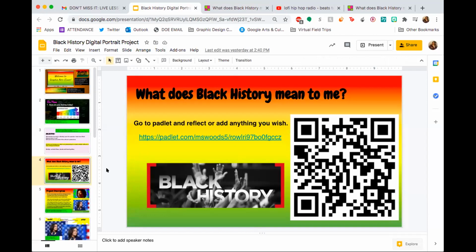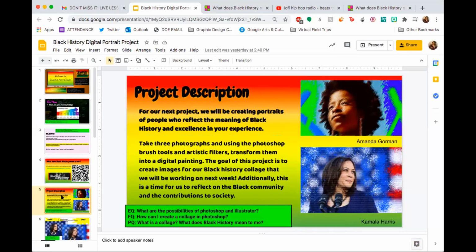I just want you to think about this question, and the collage is going to be something that we'll work on in the next week. But to start, what we're going to do is just do 3 portraits and pick 3 people who reflect the meaning of Black history and excellence in your experience. So just as 2 examples, I did Amanda Gorman, the poet from the inauguration, and Kamala Harris.